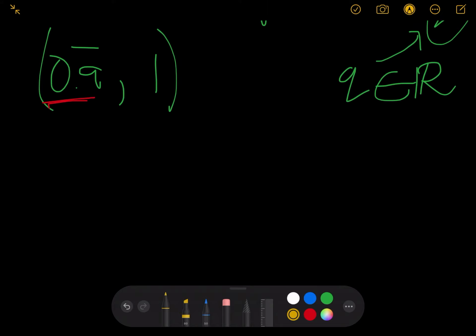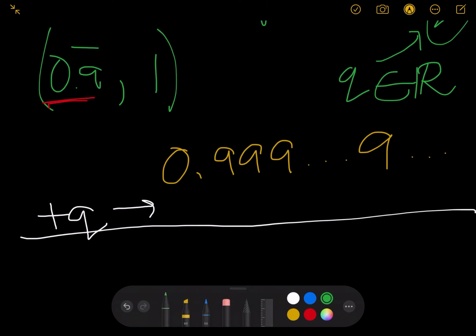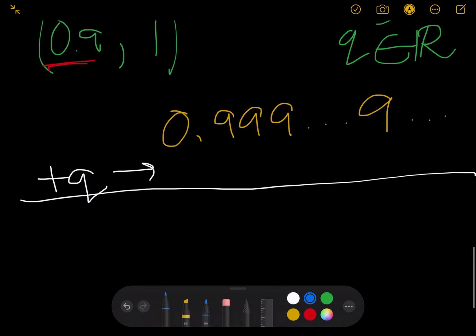So let's understand why q is equal to 0. So let's just write out 0.999, I'll just throw in a couple of dots. I'll write another 9, and I'll throw some more dots in there. Right, so there are infinitely many 9s. It's fairly easy to see this. And let me say plus q. So for q, I'm going to put several values, and I'm going to explain what the value of q is over here. This looks somewhat like addition, but it isn't quite. You'll see what I'm going to do here, right? So here, I'm going to say, is this